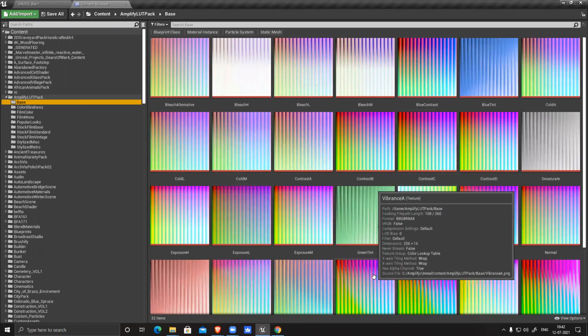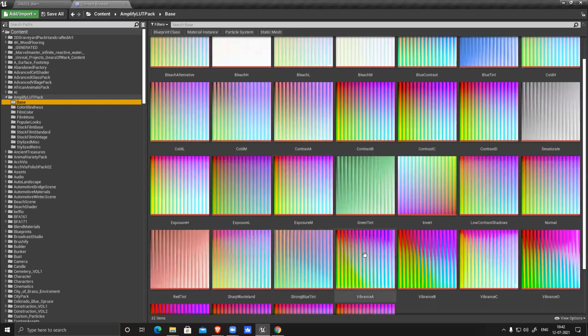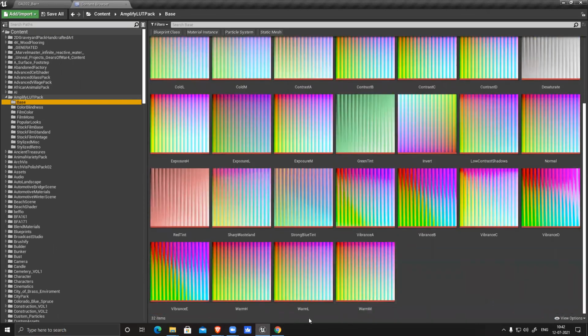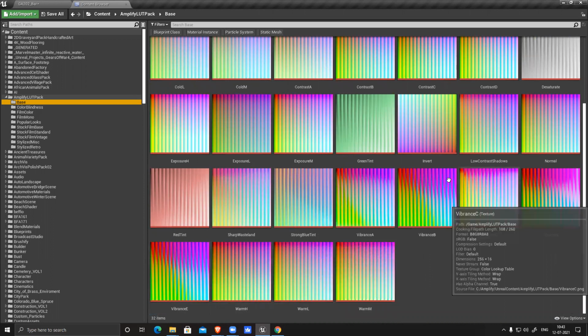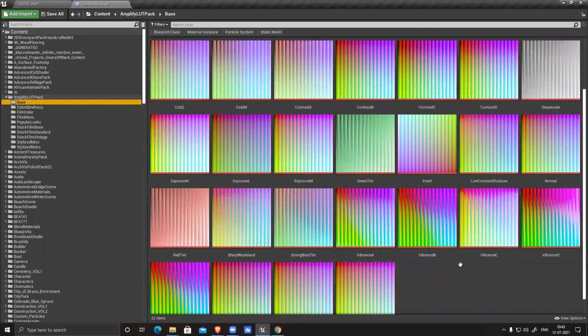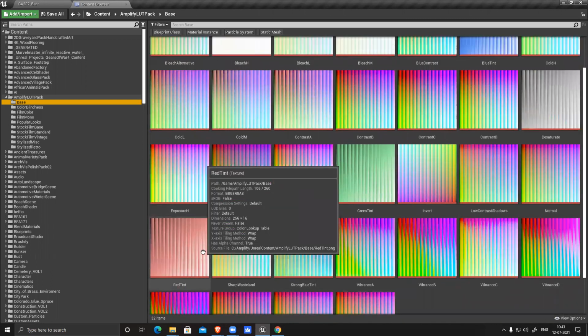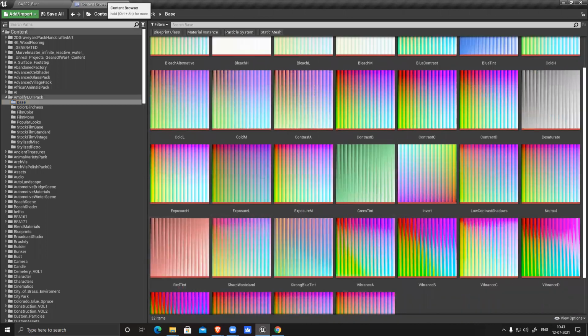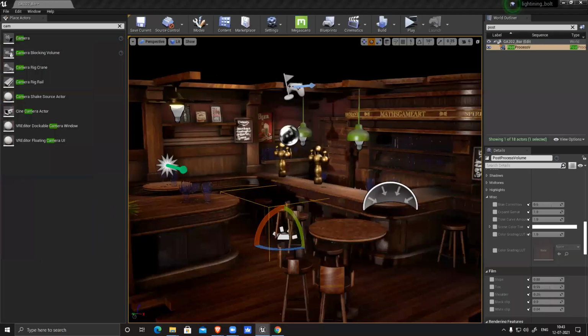These maps are called LUT maps because they already have lighting information, so based on this, it will generate some effect. Let's see, it's warm. You can see everything is named nicely. Normal, exposure. Let's see how it changes. I'll just keep it aside, film color.